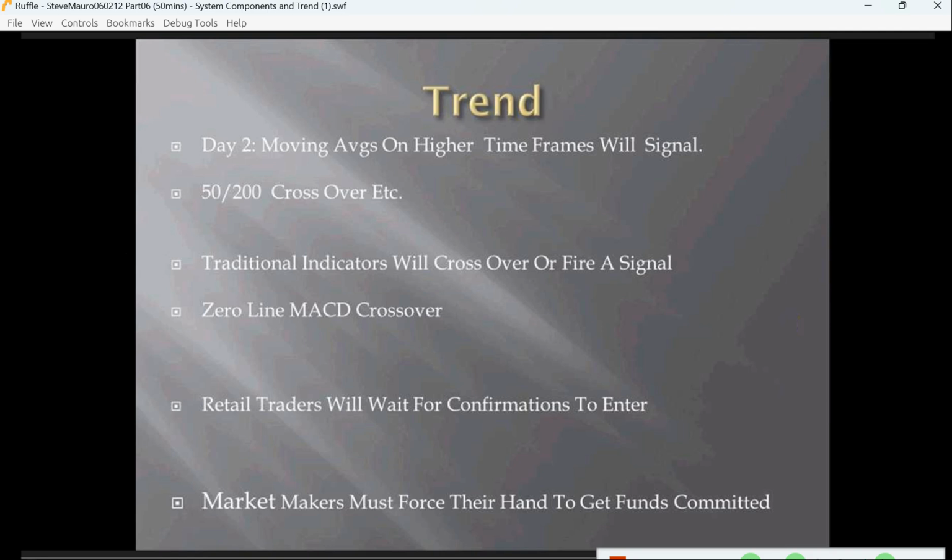If the move was aggressive enough coming out of level 1 rise, then what would happen is you would get the move maybe late in the day on day 1. But crossing of the 50 and the 200, since a lot of indicators, MACD, are based on averages and price, that move will force traditional indicators to offer up a signal. You might get a zero line on the MACD crossover, RSI across its baseline. Because price is rising as a market surprise, now what happens is, on day 2,